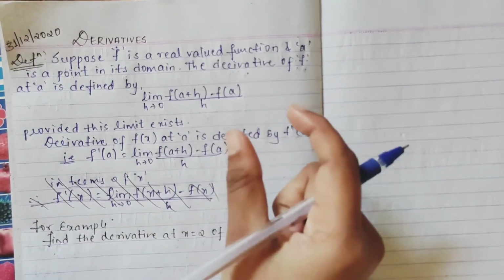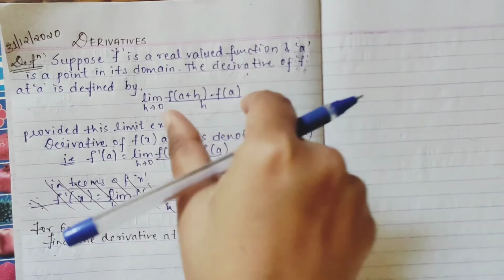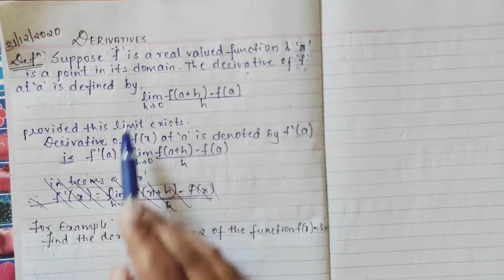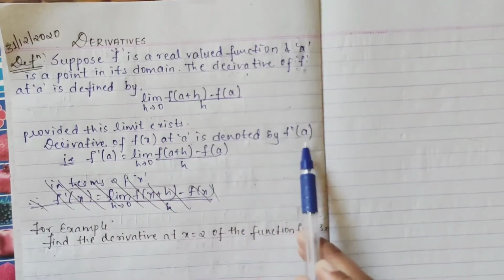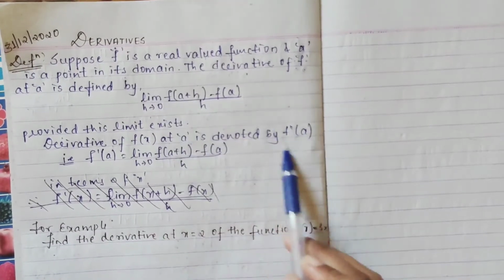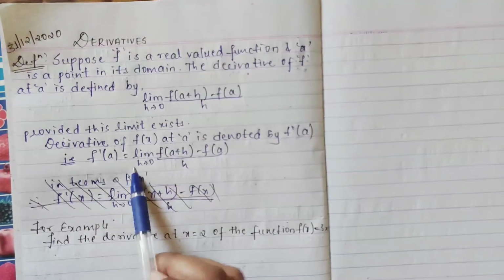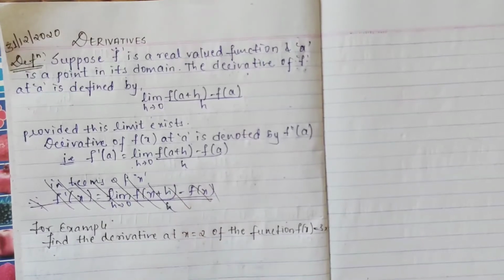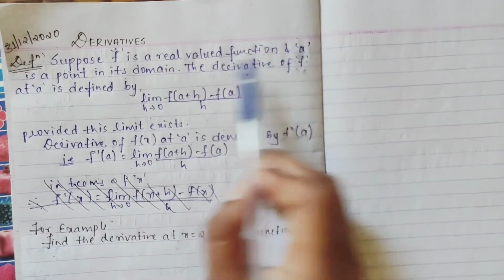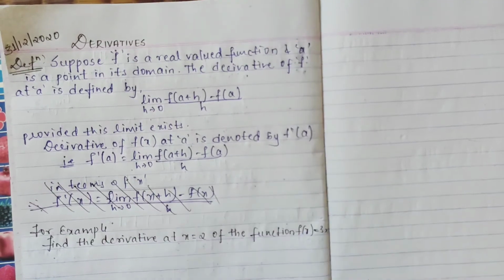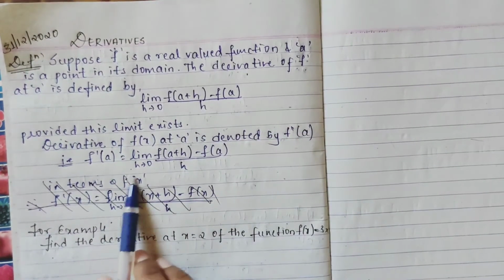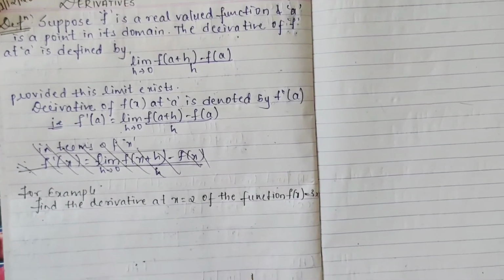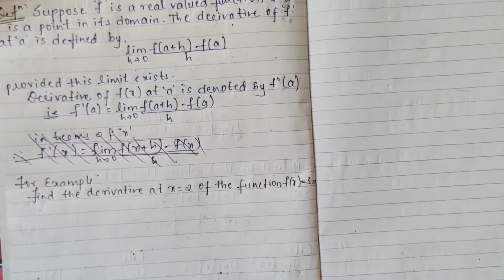So, for that particular function, if limit exists, then only you can find the derivative, and the definition for this is like this. See, derivative of f of x at a is denoted by f dash of a. So, f dash of a is equal to limit f of a plus h minus f of a, whole divided by h, as h tends to 0. This we are taking at any point a, not at x. At x it will be same, replace a by x. Considering an example, I will show you, it will be very clear.